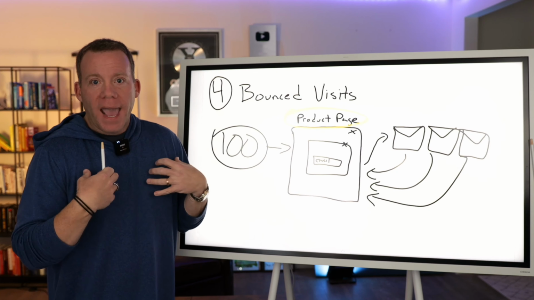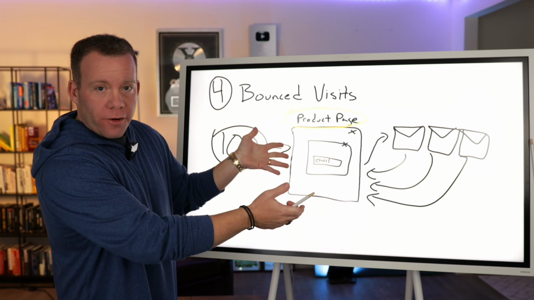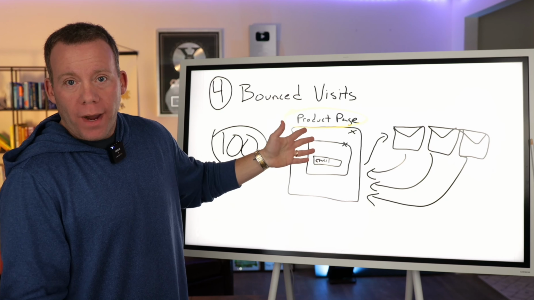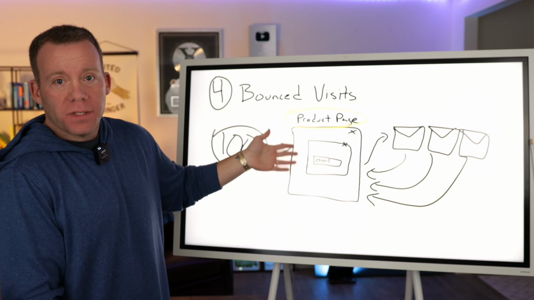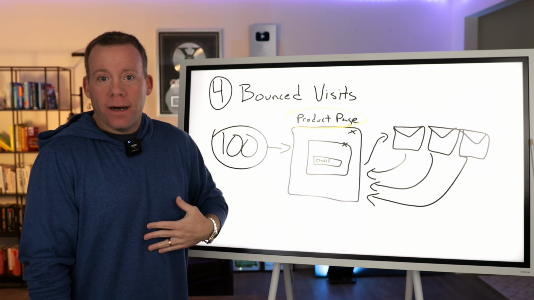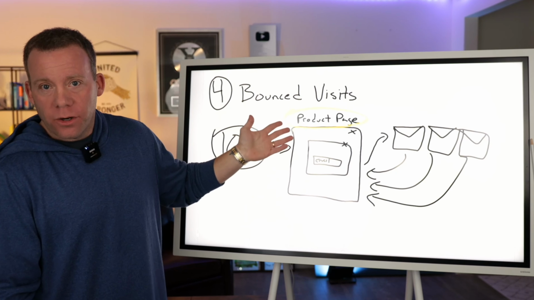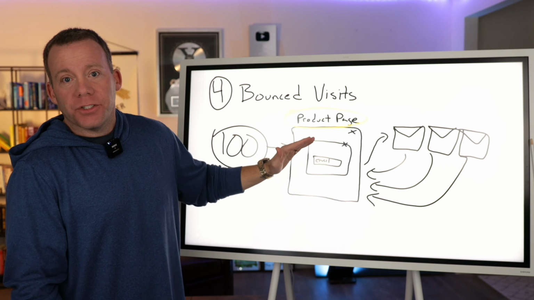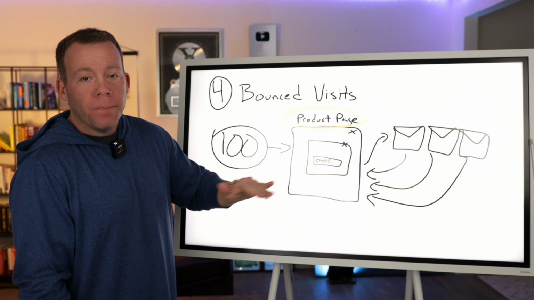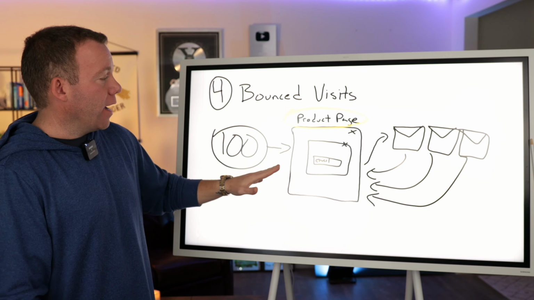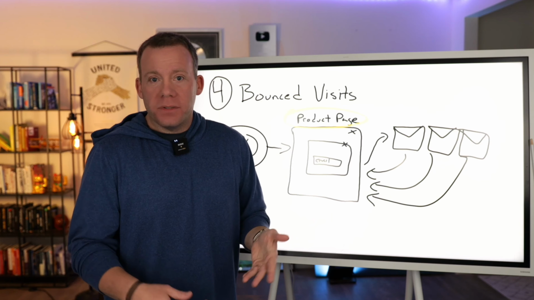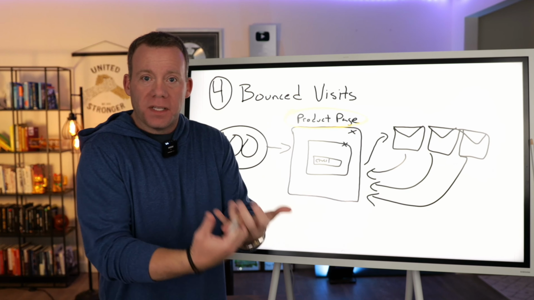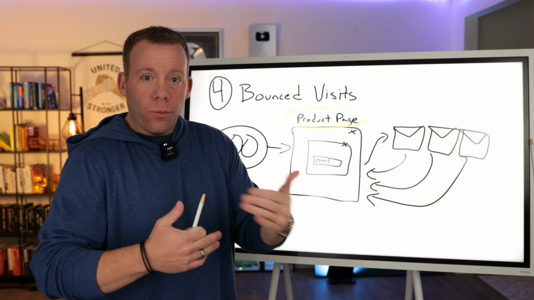Let's say I, Anton, owned this hypothetical surfboard store. I would email the person and I would say, hi, John, I saw you were just browsing our website and it seems like you're interested in a new surfboard. My name is Anton. I'm the owner of Anton Surfboards. We would love to earn your business. We're a new store. If you have any questions or there's anything specific you're looking for, please just respond to this email. I'm here to help you, and let me know whatever I could do to help you make the most informed buying decision and earn your business, right? Something personal, something simple, something that really is one-on-one.